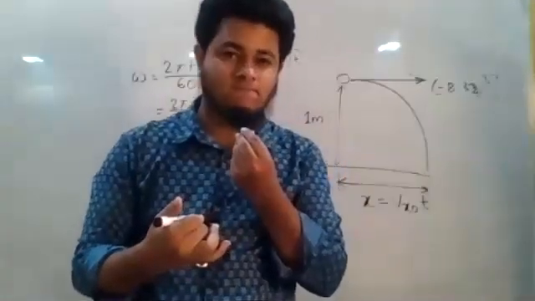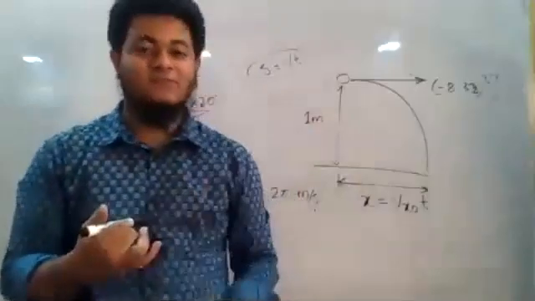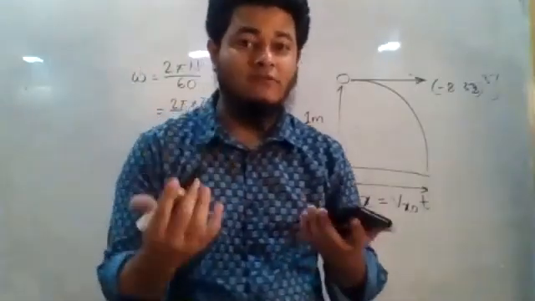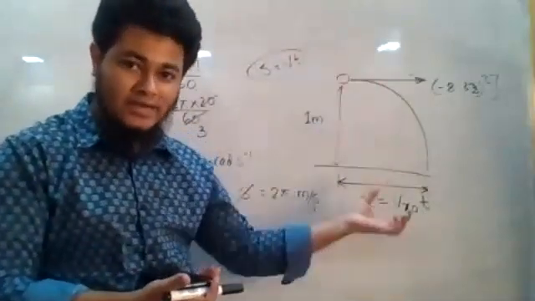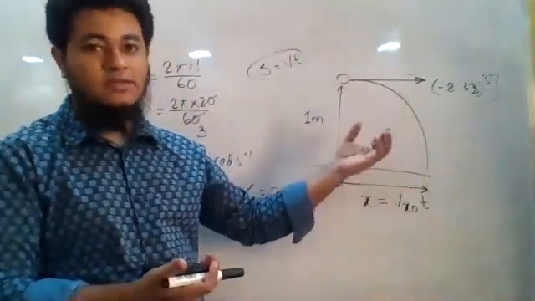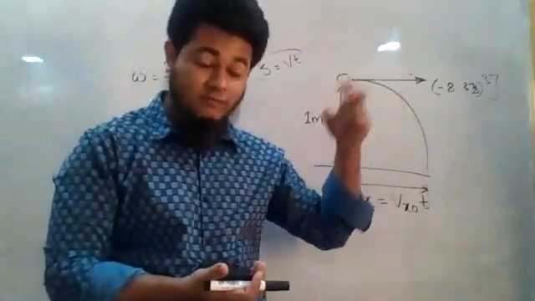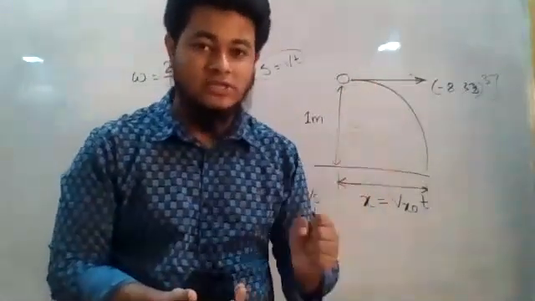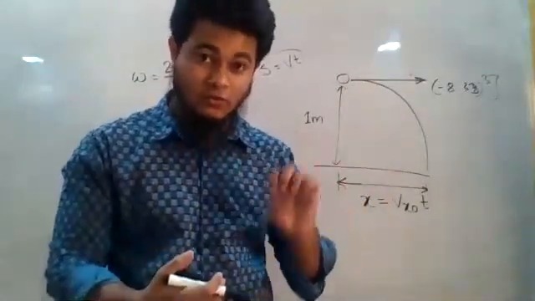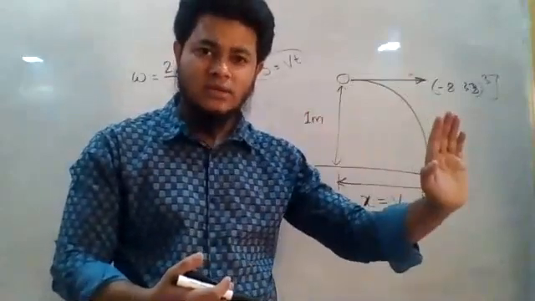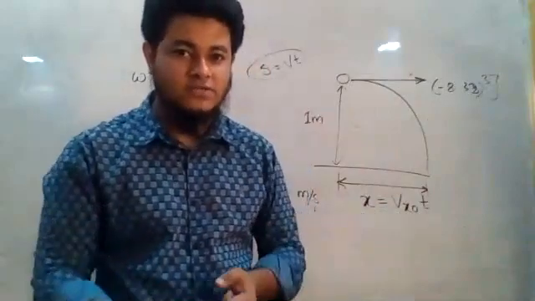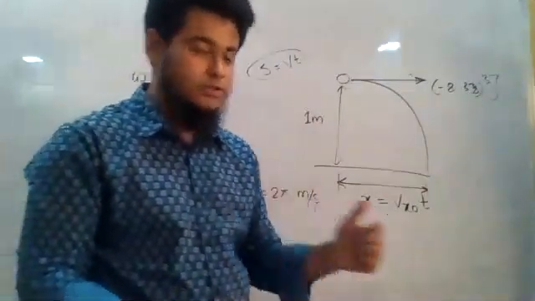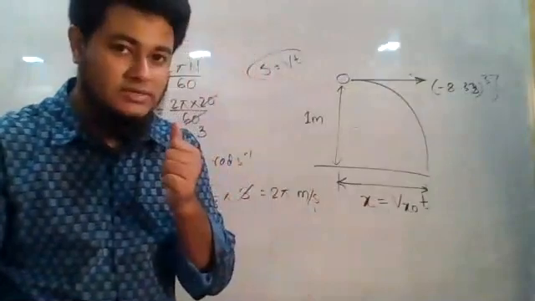No gravitation acts along the x-axis. Gravity is a force that acts along the y-axis only, right? So as a result, the velocity component along the y-axis will change because a force is acting along the y-axis. But along the x-axis, acceleration due to gravity is not there, so no change of velocity will occur, right? Remember this one. I explained this while discussing